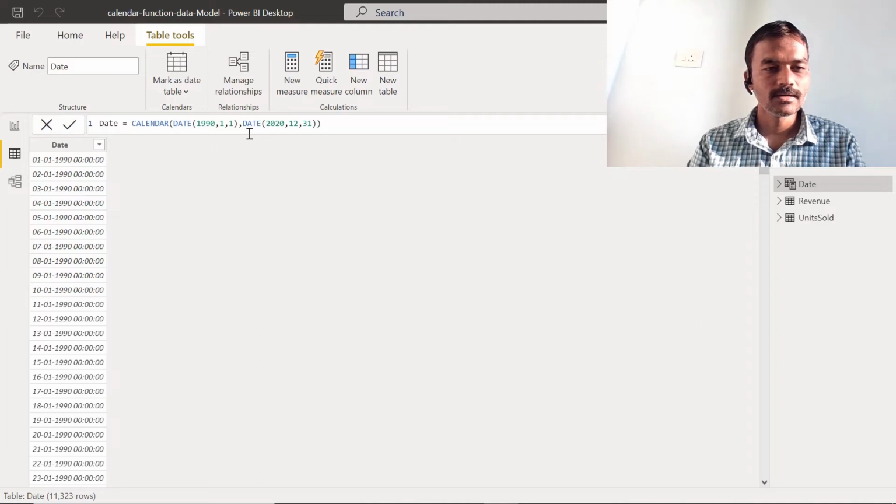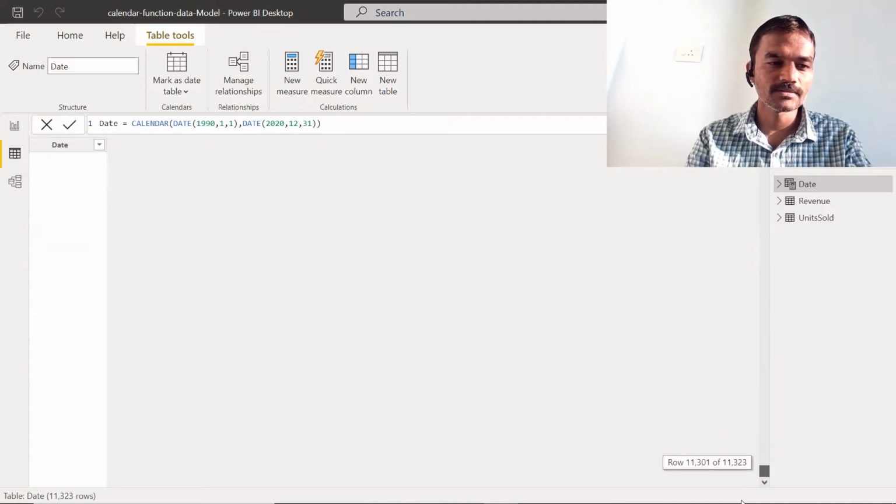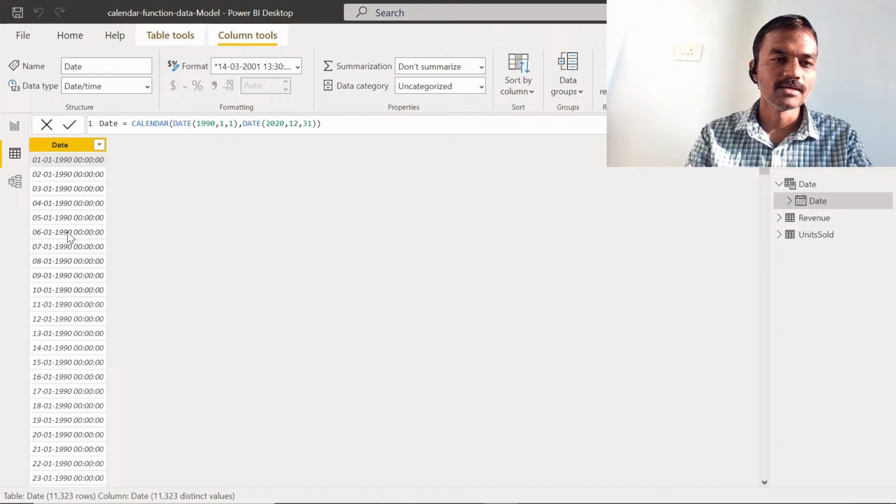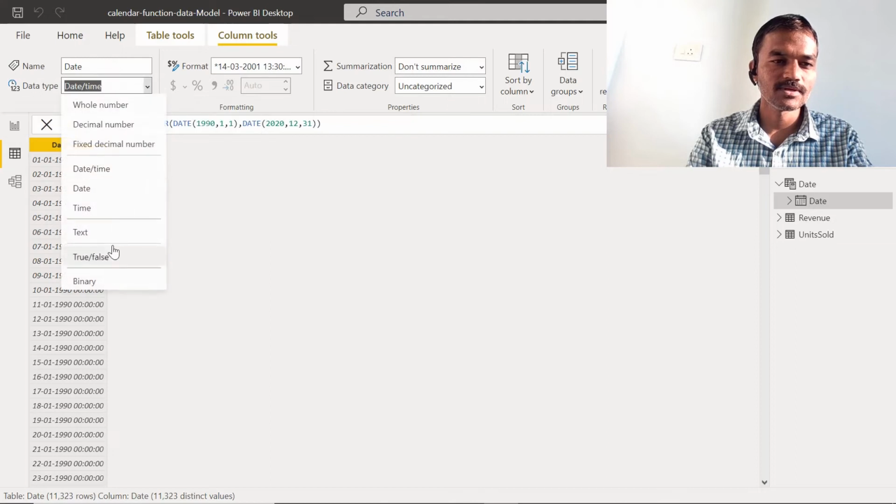When we hit enter, you can see the date is created now. The date format is taken as default, whatever the tool is suggesting. If you want to change the date format, you can select this column, and you can see the data type, which we can change to just date, just time, or just text. It depends upon our requirement.